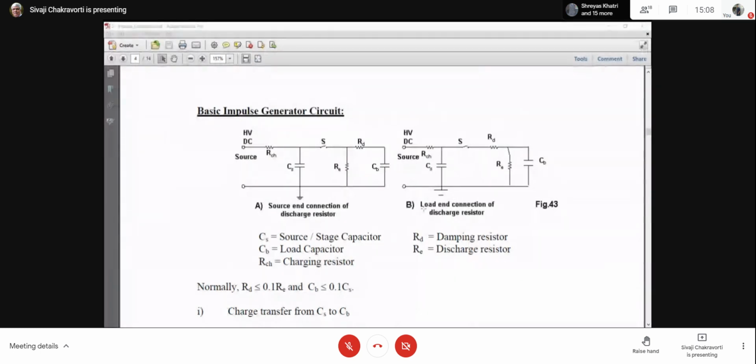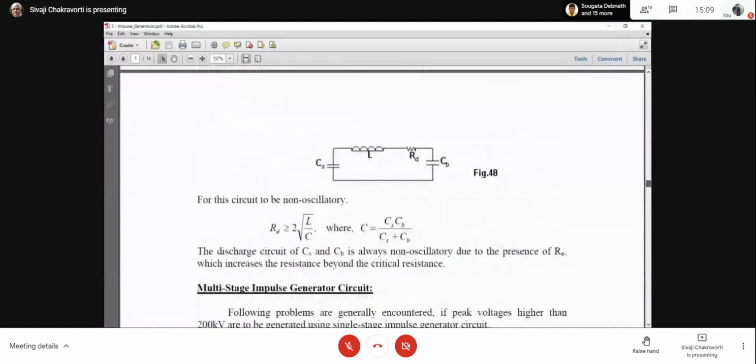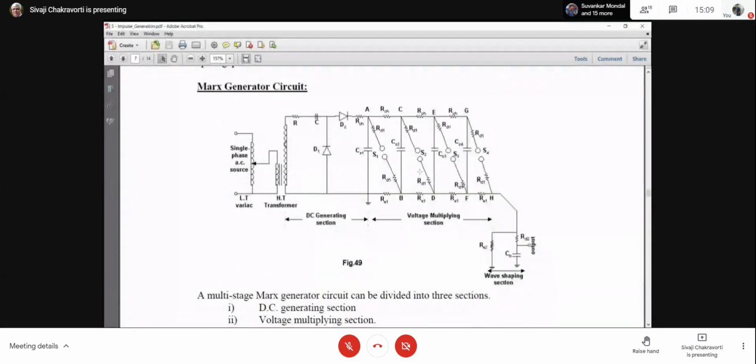Now I was telling that if my output voltage is say 800 kV or 1000 kV, then we cannot have a single capacitor because it is just not possible to make it. So we need a multi-stage circuit. I will show you exactly what the multi-stage circuit is. So we start with the CS. Here you can see CS, but there are not one CS, there are four: CS1, CS2, CS3, CS4. You can see they are all in parallel.